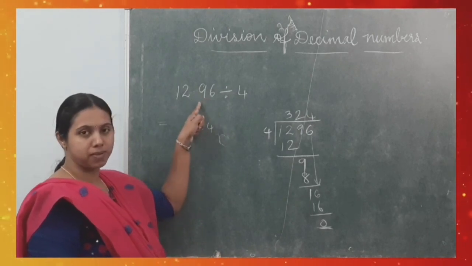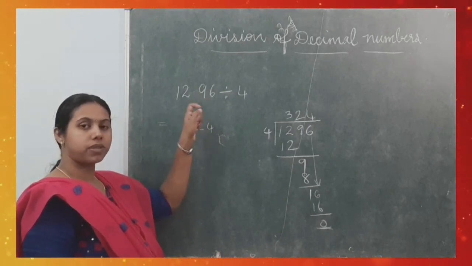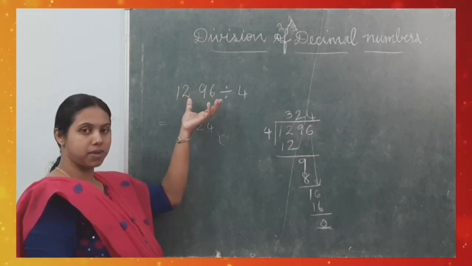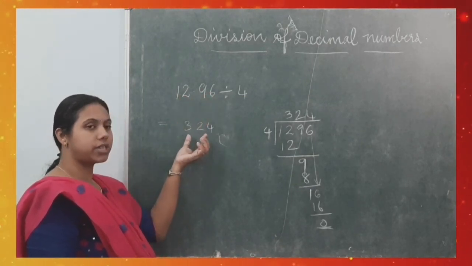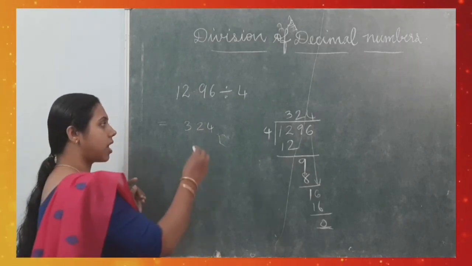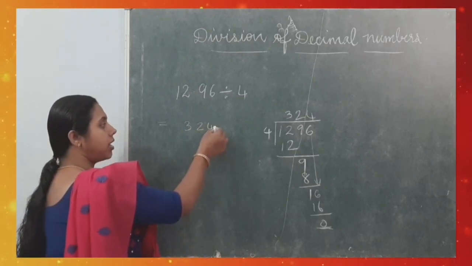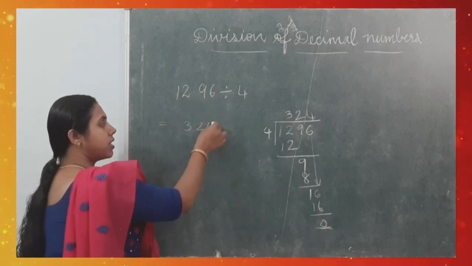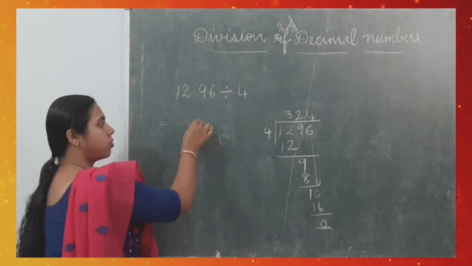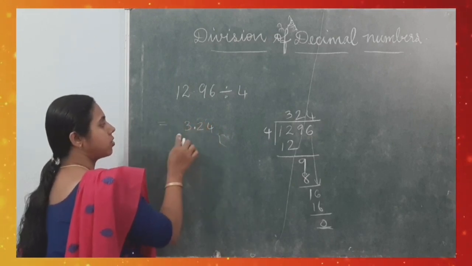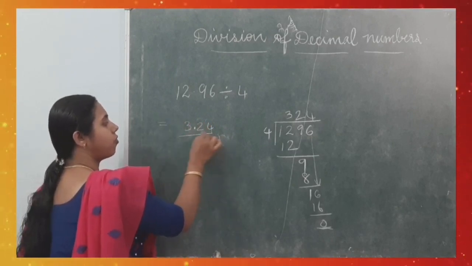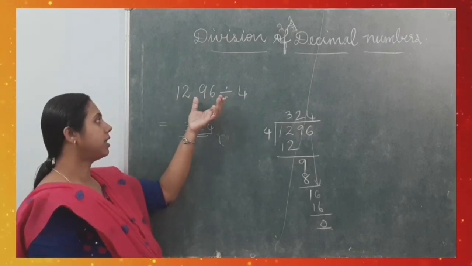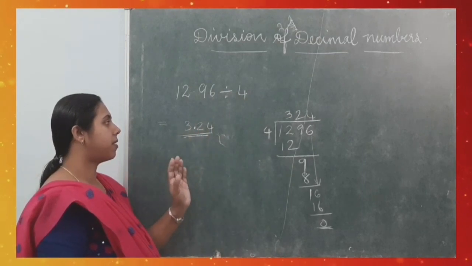Now look at your question. There are 2 decimal places. So put the decimal point. However many decimal places are in the decimal number, that much you should put in the quotient also. Start from the rightmost digit and move towards the left. How many decimal places? 2 decimal places. So 1, 2, the decimal point will come here. So 3.24. So when you are dividing 12.96 divided by 4, you will get